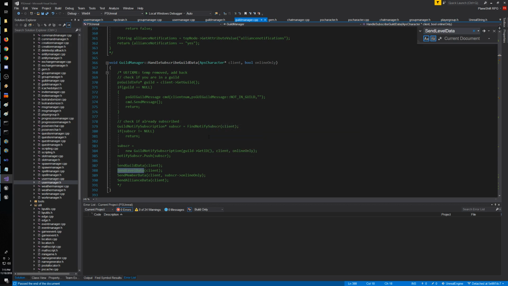There are only these 2 points. There is this handle subscribe guild data, where it's checking if you are in a guild. If you are not, it's sending you a message saying sorry, you are not in a guild. Checking if it's already subscribed, which I understand what it means, but I have to check this part of the code why it's doing this. But anyway, if not, it's creating this new subscription and so on, and then it's sending all this stuff for the first time. And then I guess